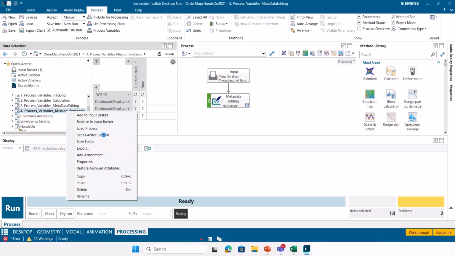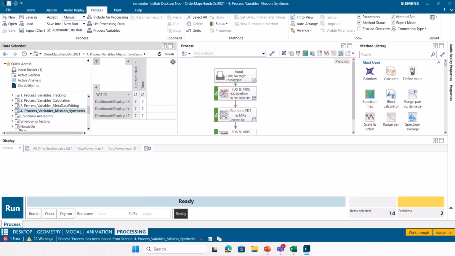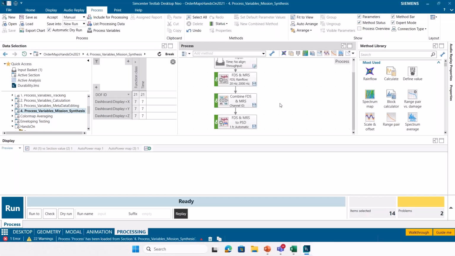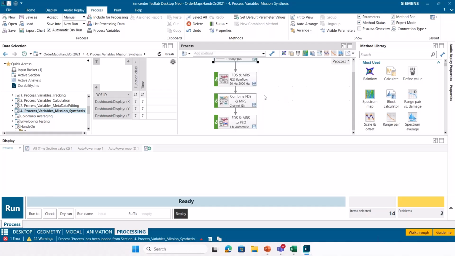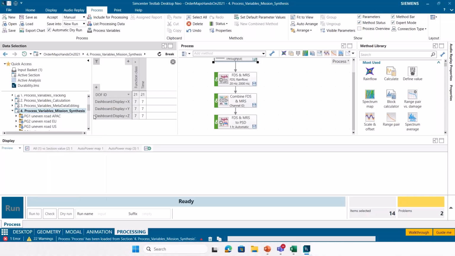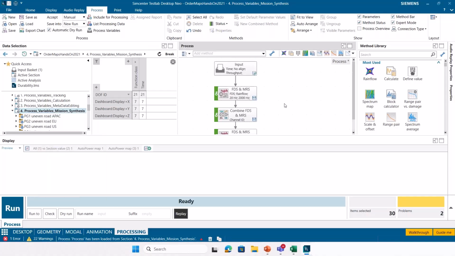And a very common question or request that we received is, for a lot of our mission use cases and repetition factors and so on, we often tabulate that all in Excel. And we would like to be able to use an Excel file to directly read that information in, rather than doing it in Excel and then having to redo everything inside of Test Lab. We are able to do that now in Mission Synthesis.